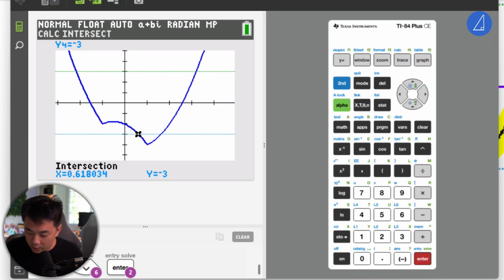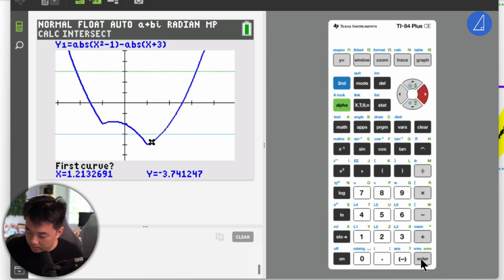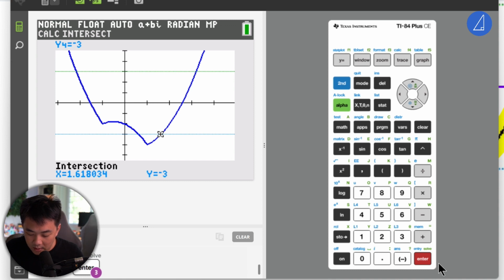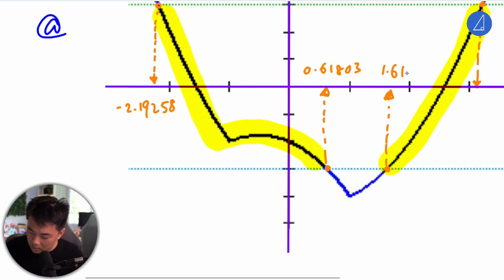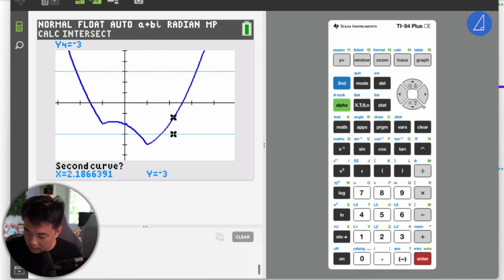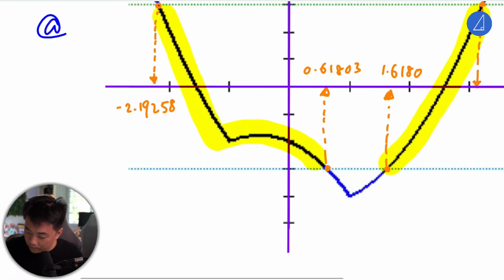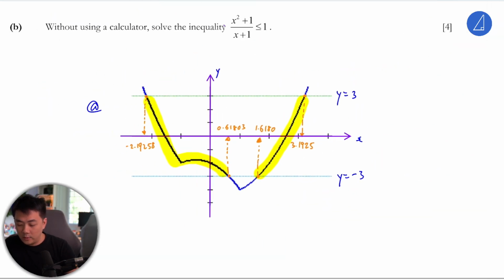0.61803. Then after which we need this intersection point here. So I'm going to calculate the intersection point as well. Here. Then that'll be 1.618. Okay. Then of course, then this will be 0. Then after which we just intersect again. Then select the green line. 3.1925. 3.1925. Okay, so from the graph,